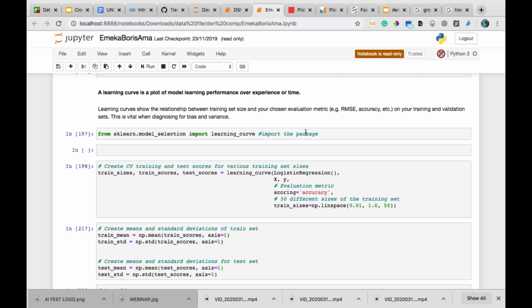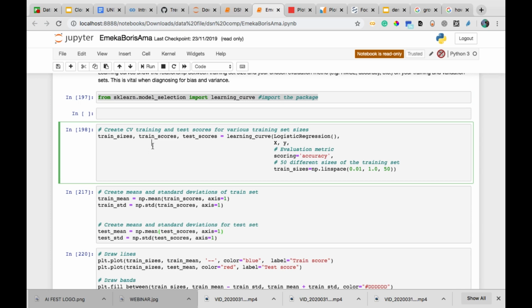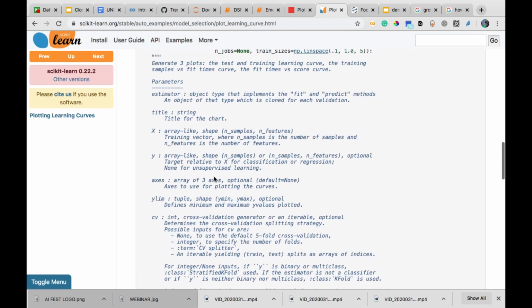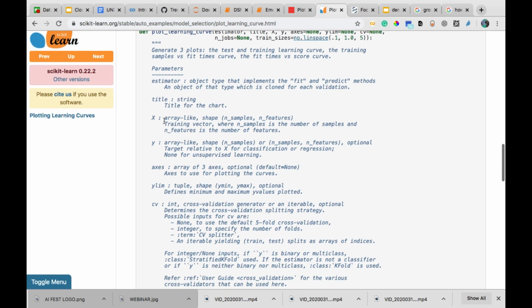The first thing we do is to import the package. So we need to import from sklearn.model_selection, import learning_curve. And then we create train_size, test_score, and train_score with our learning_curve function. So here are the parameters for the learning curve function. The first parameter is the estimator, and the estimator is the model, the algorithm model. The next one is your independent and dependent variables, which you put in, and then